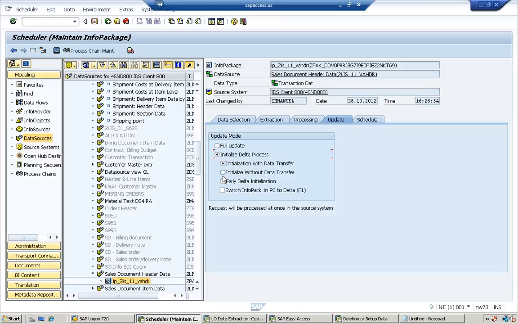For all the 24 hours, whatever transactions are made in the base tables will be moving from the base tables to your